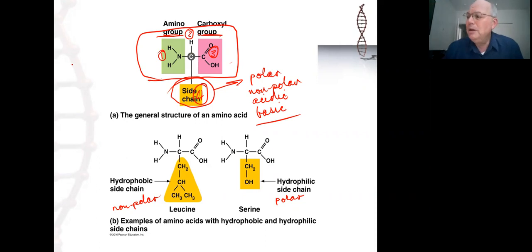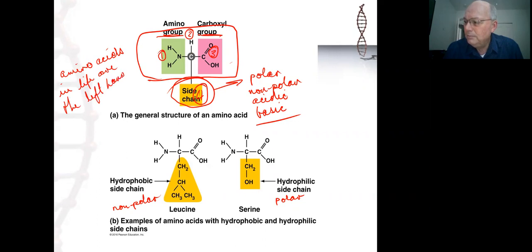And so amino acids in life are the left-handed mirror image isomers. And if you were,